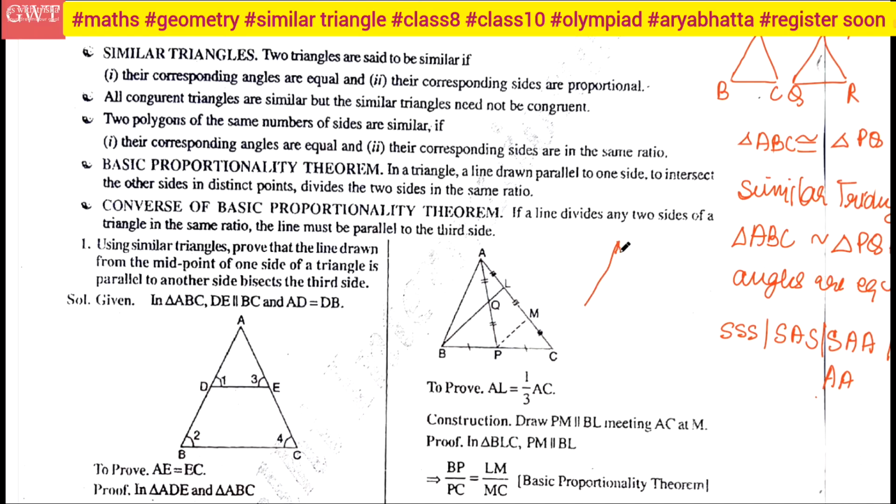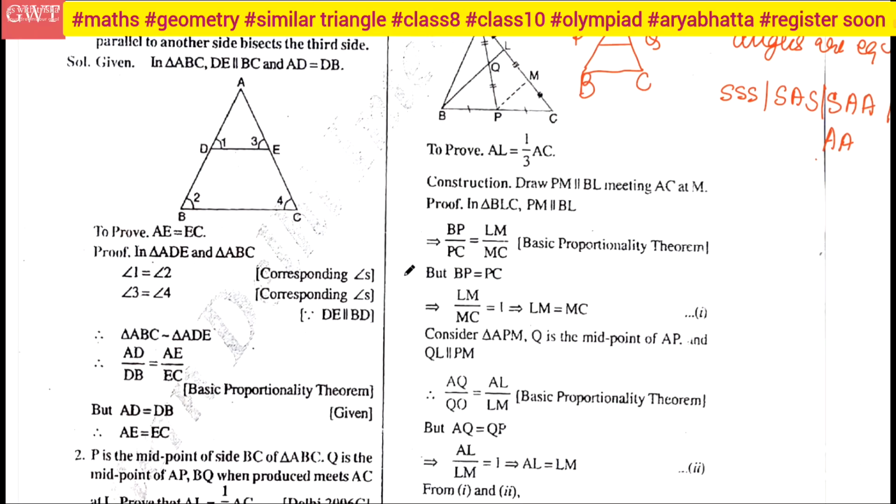So what they are trying to say, suppose that I have made this triangle ABC. Now they are saying, suppose I am drawing a parallel. You can draw parallel to AB, you can draw parallel to BC, you can draw parallel to AC. I am drawing parallel to BC. Suppose that I name it P and Q. So they are saying that if the line is drawn like this way, in which PQ is parallel and is cutting the two other sides at distinct points, then they are in the same ratio. That is, AP by PB is the same ratio as AQ by QC. Okay, you got it.